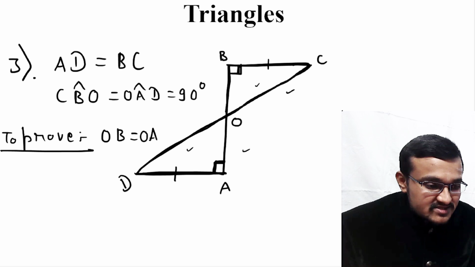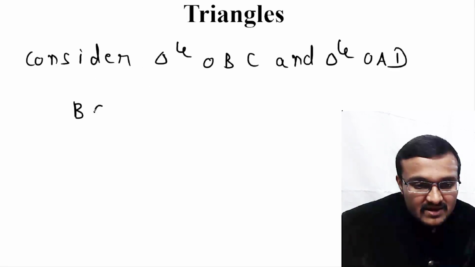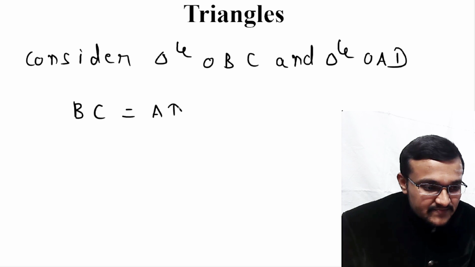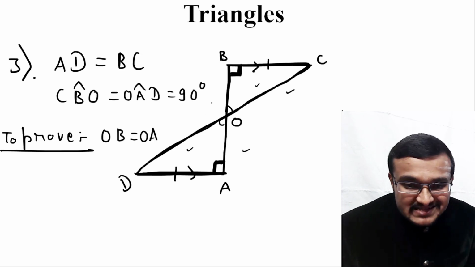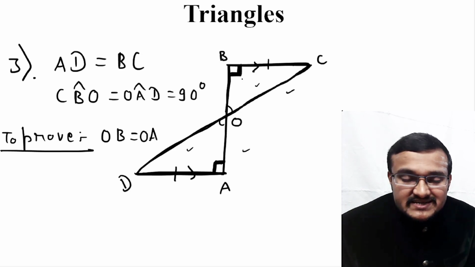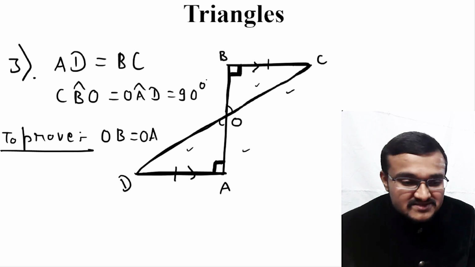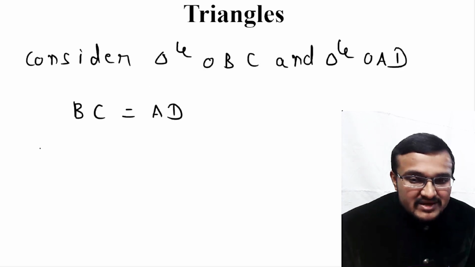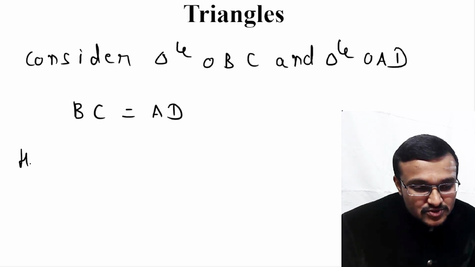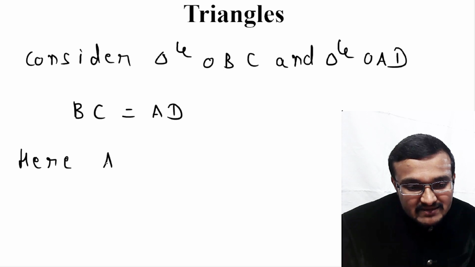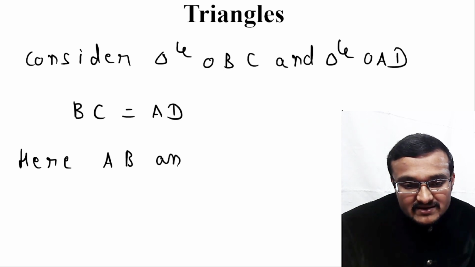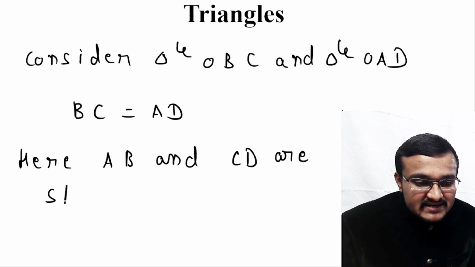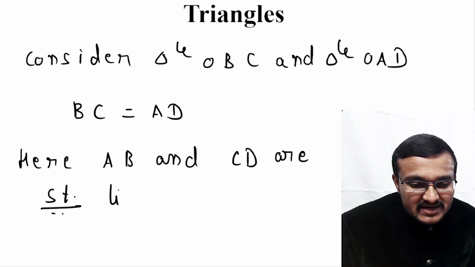They have already given this. So straight away we will write BC is equal to AD. So here in the data you can see that AB and CD are two lines. Because AB and CD are straight lines,